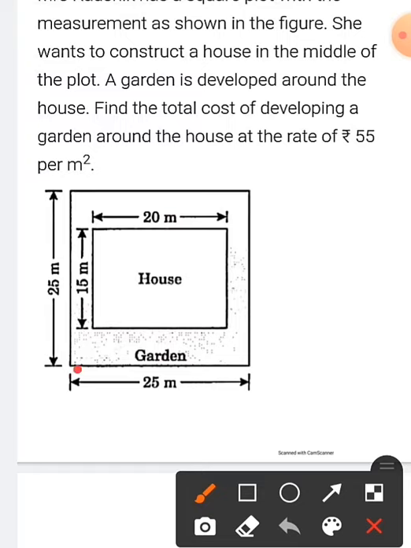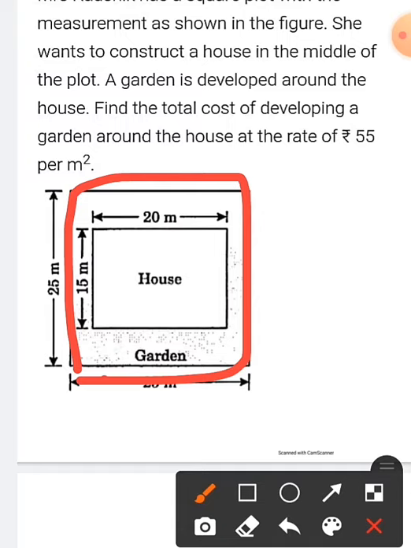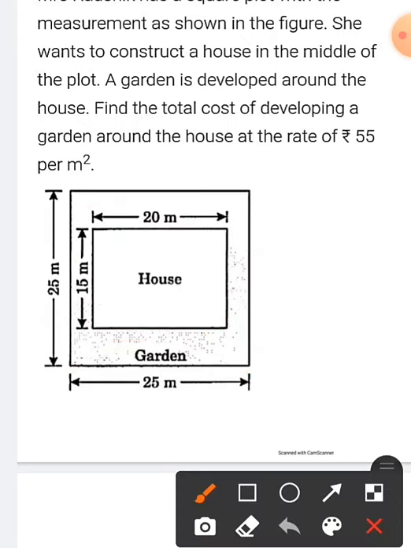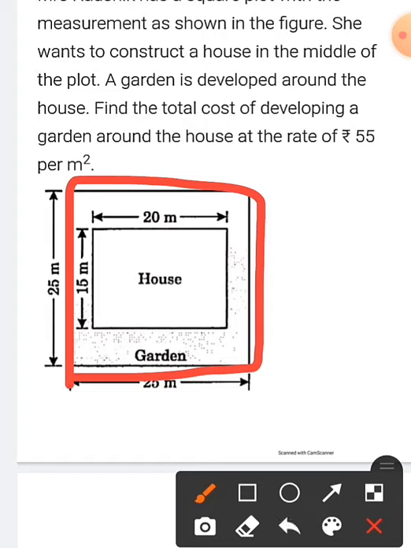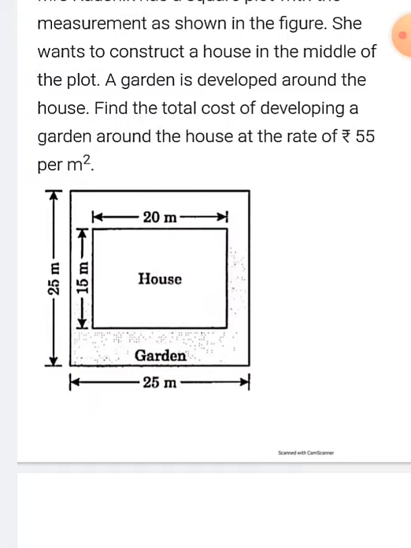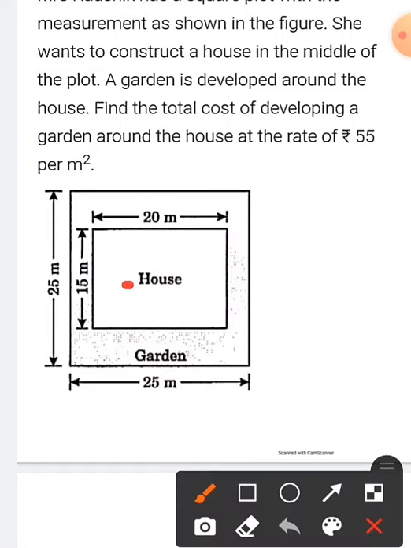सो अगर इफ़ वी नो द एरिया ऑफ दिस आउटसाइड पार्ट स्क्वायर, अगर ये बाहर वाले का एरिया निकाल ले और ये अंदर वाले का एरिया निकाल ले, ओके, ये दोनों का अगर हम एरिया निकाल लेंगे, ये बाहर वाला जो बॉर्डर है मीन्स द स्क्वायर शेप एंड दिस इनसाइड पार्ट मीन्स द रेक्टेंगल शेप, दोनों का अगर एरिया निकाल के माइनस कर लेंगे, इफ़ वी सब्ट्रैक्ट, देन वी विल गेट दिस रिमेनिंग पार्ट. ओके, ये बाहर वाले में से मैं ये सेंटर वाला एरिया, ये जो है हाउस का पार्ट, इसको अगर मैं रिमूव कर दूँ, माइनस कर दूँ,